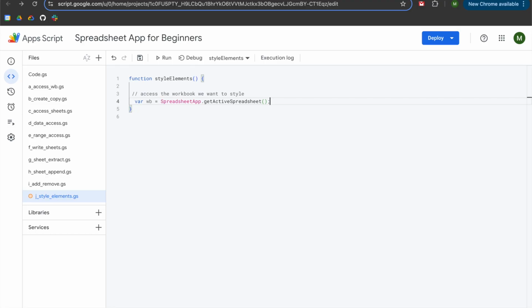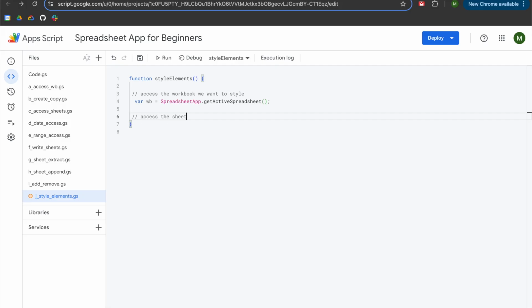If you are looking to style a spreadsheet that your app script project is not bound to, meaning like you created this script project either in Drive or from another file type, and you're looking to access another workbook, you'll need to open it by the ID or open it by the URL. So you can use SpreadsheetApp.openById, SpreadsheetApp.openByUrl. Cool. So we're going to hit enter twice, left arrow twice, 2 slashes for a comment, and now we will